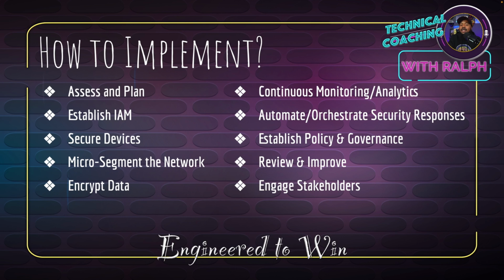And then review and improve. Conduct regular audits and assessments every year. Every 6 months, you should be auditing and assessing what you have going on to make sure that the way that we're approaching it, the way that we're implementing it is effective. And then we perform penetration testing and vulnerability assessments to identify and address the weaknesses that we find. Update and adapt, stay informed about new threats and evolving security technologies. Continuously refine and adapt the zero trust architecture to meet changing security needs and business objectives.